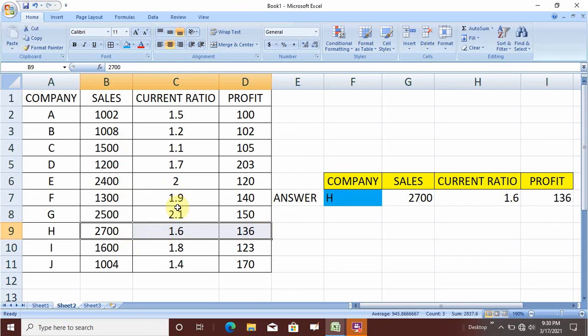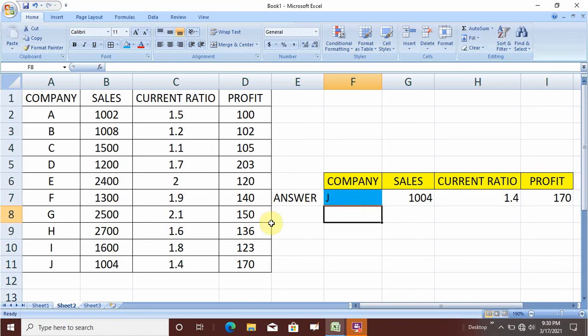Sales 2700, current ratio 1.6, profit 136. Same answer you are getting here also. So every time you need not apply the formula, one time you just fix the formula and you will get the desired result. Same way you put J here and the things will move on.